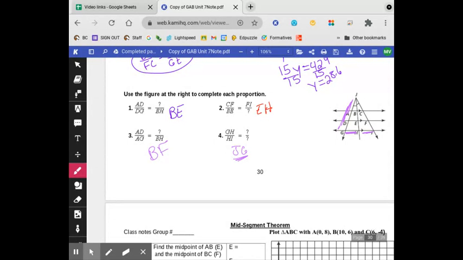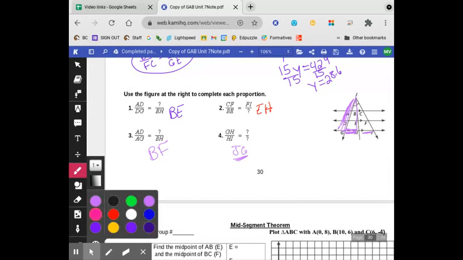And then it's similar to, so I'm talking about this triangle, is similar to this triangle because